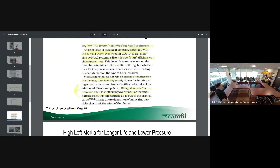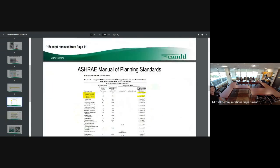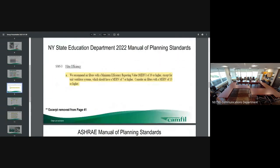Does anybody else have any other questions at all in regards to this? So this is approved by the state? It is. Yeah, again, just to go back to 2022, the state says, sure, put in a higher MERV rating. But many, if not all schools that we deal with have stepped away from the MERV 13